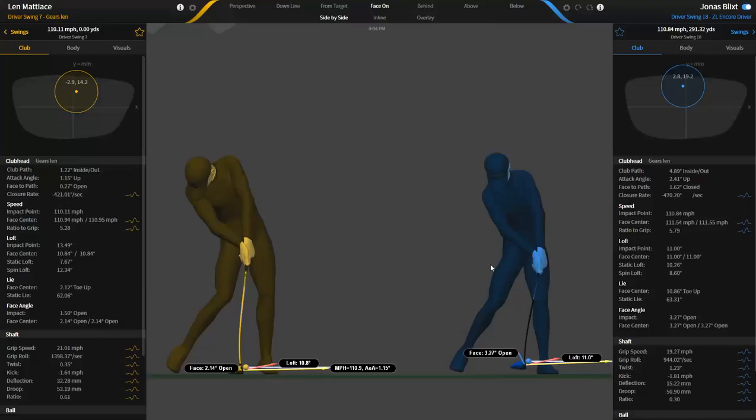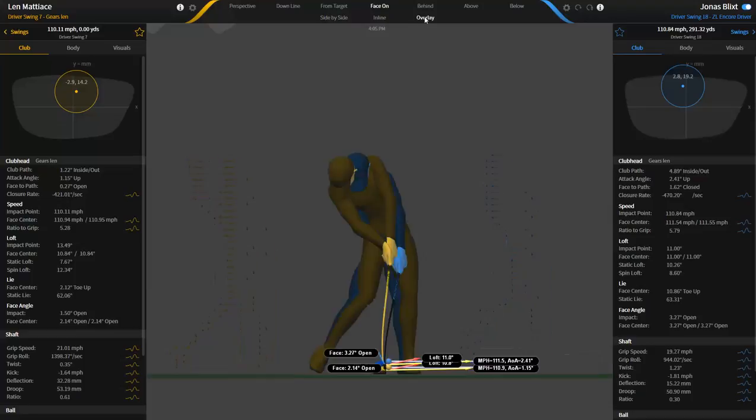So even though I think Jonas's teacher is fighting this golf club probably more than he's fighting Jonas, he probably wants the handle to come back. He probably wants to launch it higher. He probably wants to hit it straighter. But with a 63-degree driver and his hand path, he's simply doing everything he can to hit the middle of the fairway. So anyways, if you overlay them, this is how different players manipulate